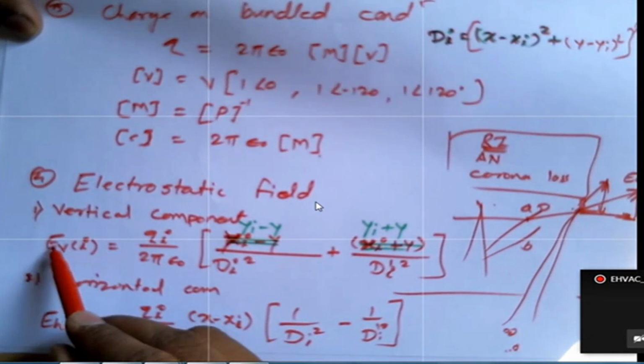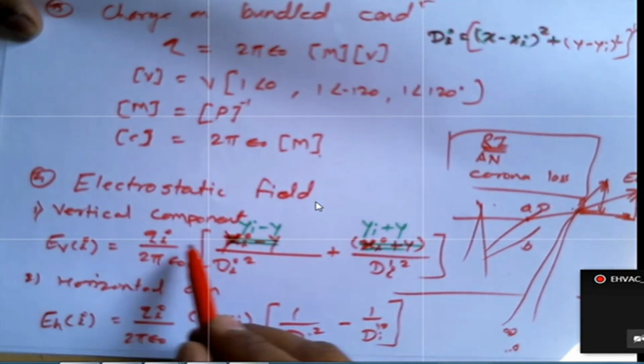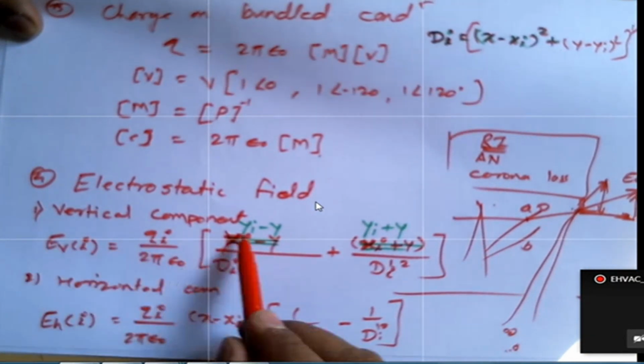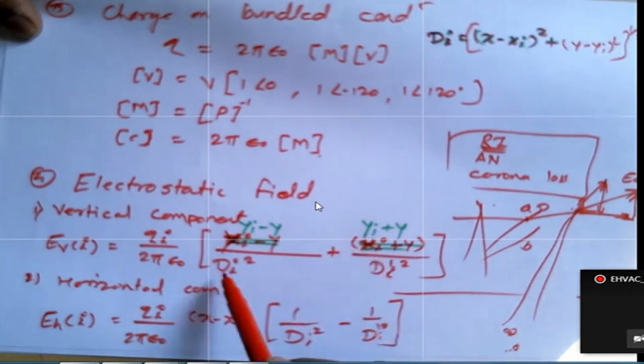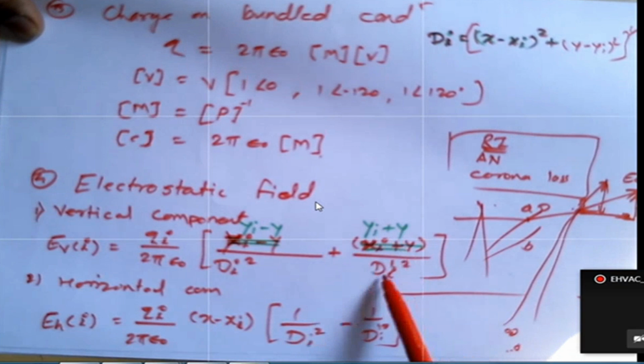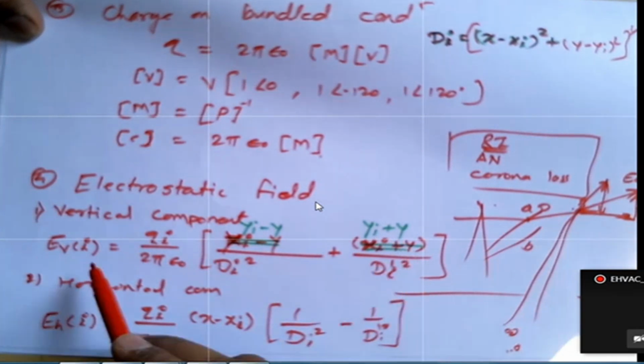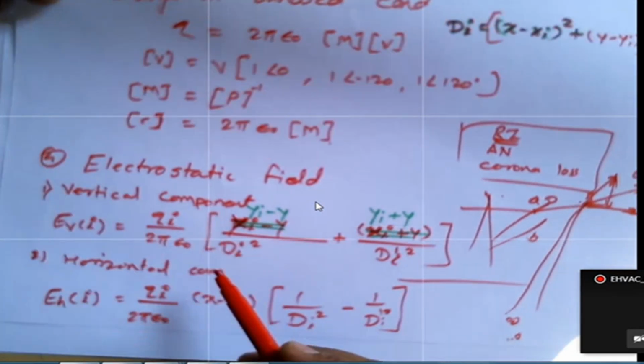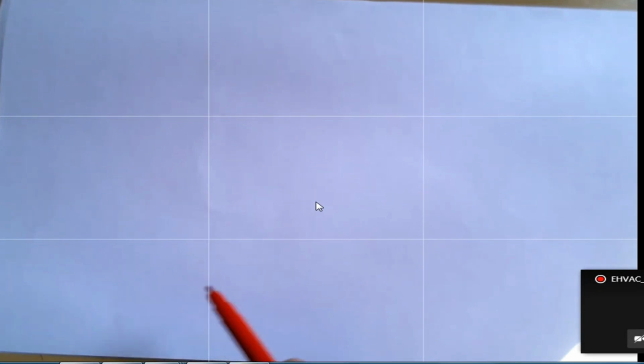If we consider E_V1, then there it will be Q1 upon 2 pi epsilon 0, y1 minus y upon d1 square, plus y1 plus y upon d1 dash square. So likewise, there are n number of components. So we have to do the summation of these components, and finally